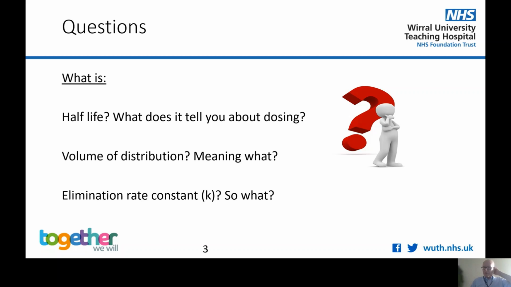In my simple mind, if you're aiming for a peak of 8 and a trough of less than 1, in one half-life your peak will fall from 8 down to 4. In one half-life it will fall from 4 down to 2, another half-life 2 down to 1, and another half-life 1 down to 0.5. So basically with aminoglycosides you may be dosing every 4 or 5 half-lives,